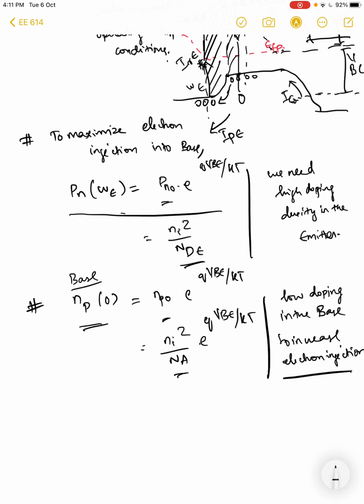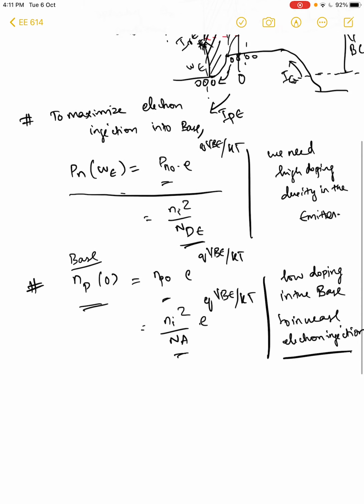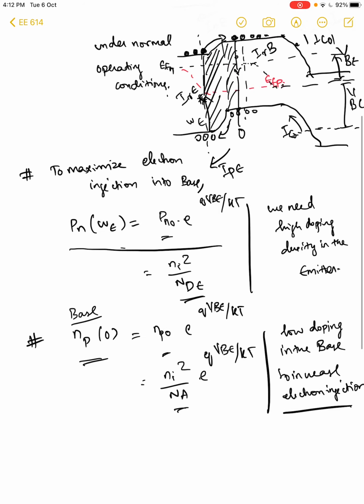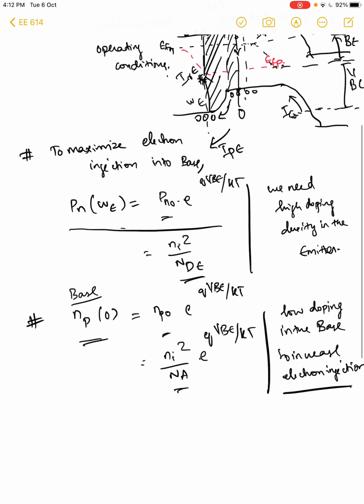Right? So now we have seen the criteria for what should be the doping density in the base, and it should be smaller, right? So the base should be lightly doped so that you increase the electron concentration in the base, and the emitter should be heavily doped so that you reduce recombination in the emitter, right? Now